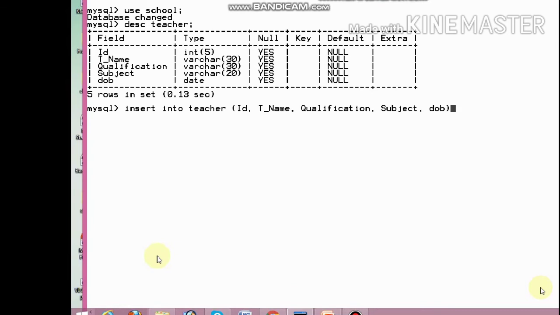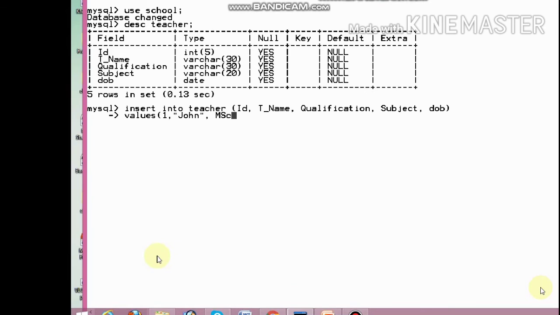That is, we enter line by line. Values, first value 1. I put the teacher name inside double quotation marks. Why? That is a varchar, character type.